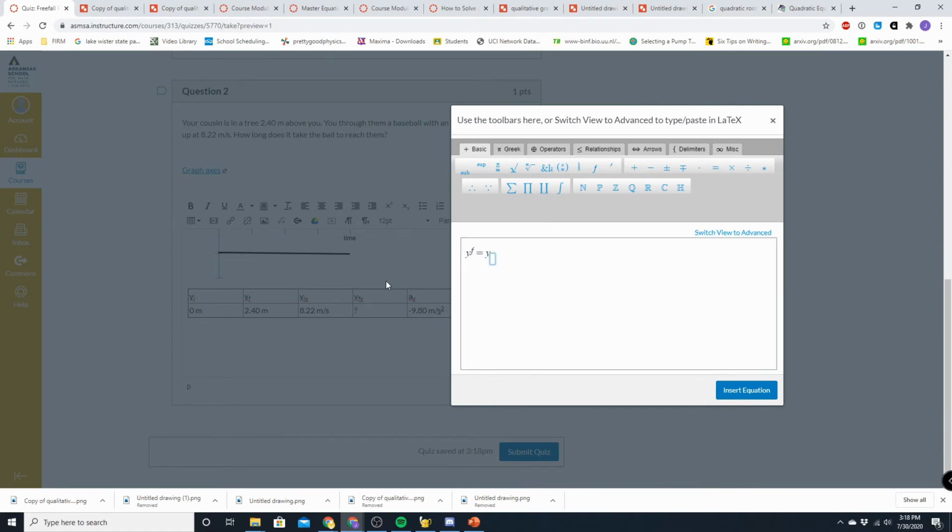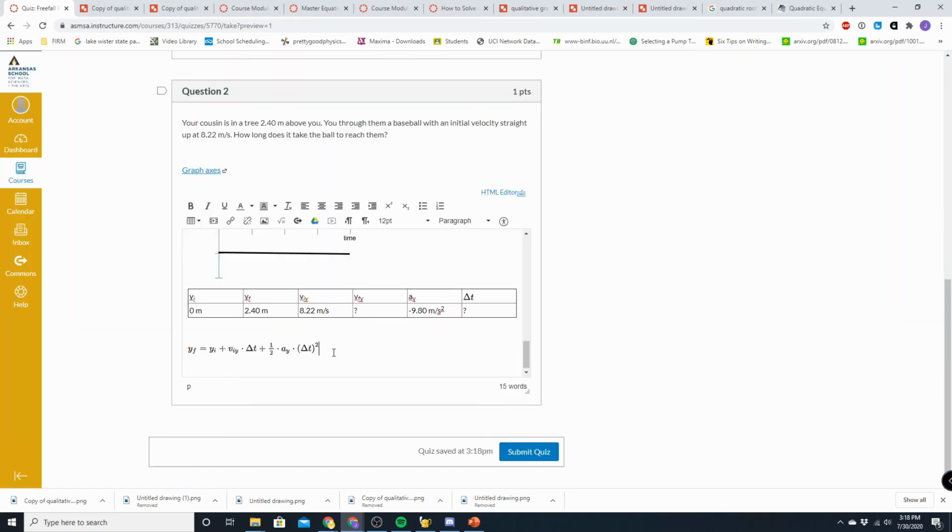and that'll fix itself again, don't worry, equals yi plus viy times delta t plus 1/2 times ay times delta t squared. Okay, so we're going to put that closer to the form of the quadratic formula that you're used to, which